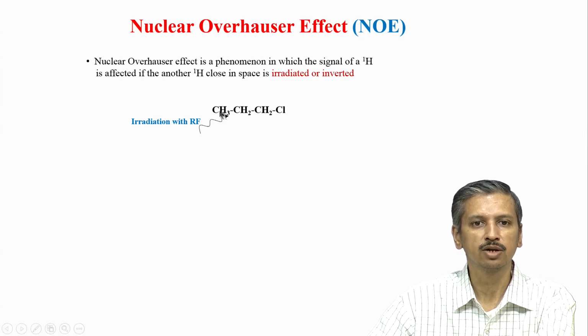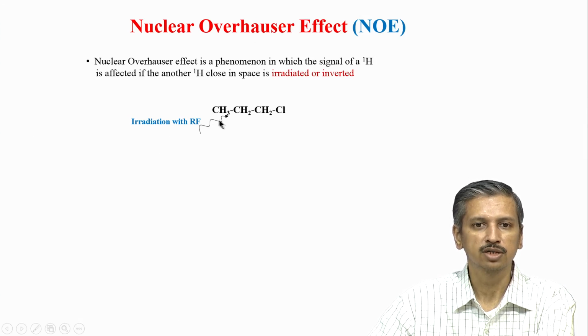So, if you have 2 hydrogens in a molecule, they are also 2 dipoles. Any proton is a magnetic dipole, a tiny magnet. Therefore, any two protons will interact with each other, meaning they will couple to each other through dipolar coupling. This is just a natural phenomenon which is not in our control. Any two dipoles you bring close to each other will start interacting.